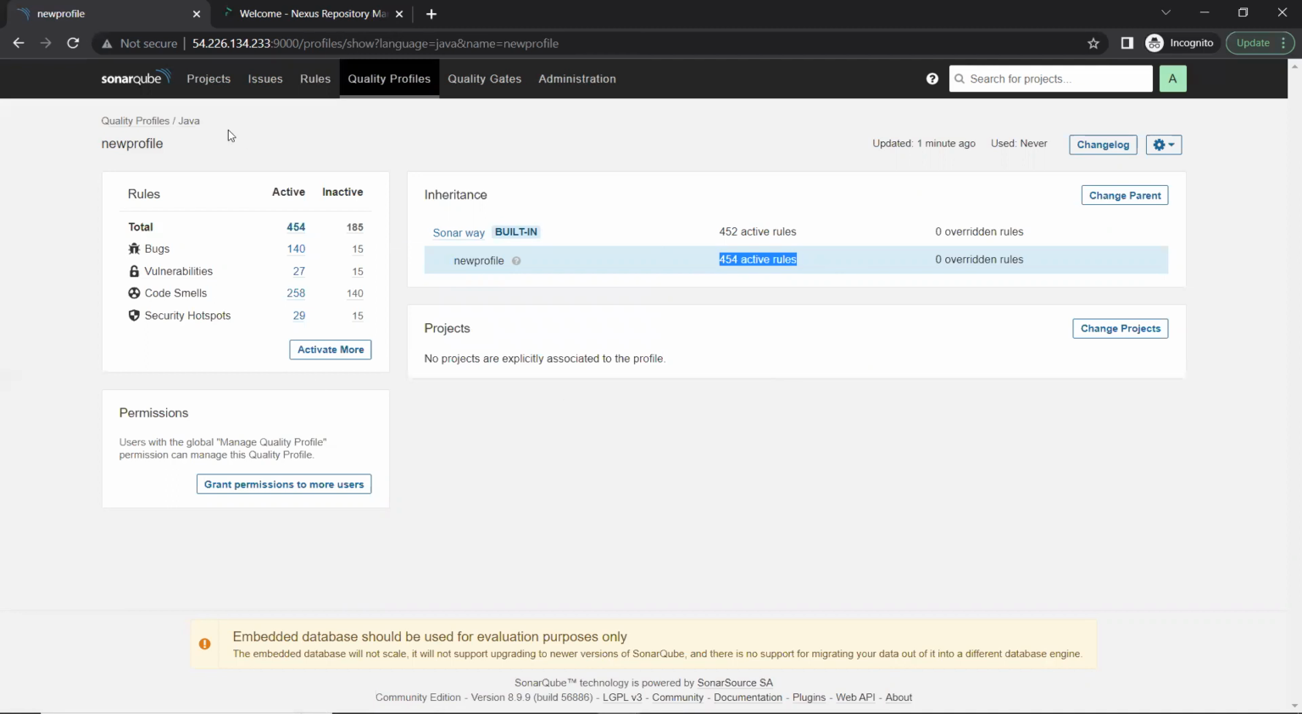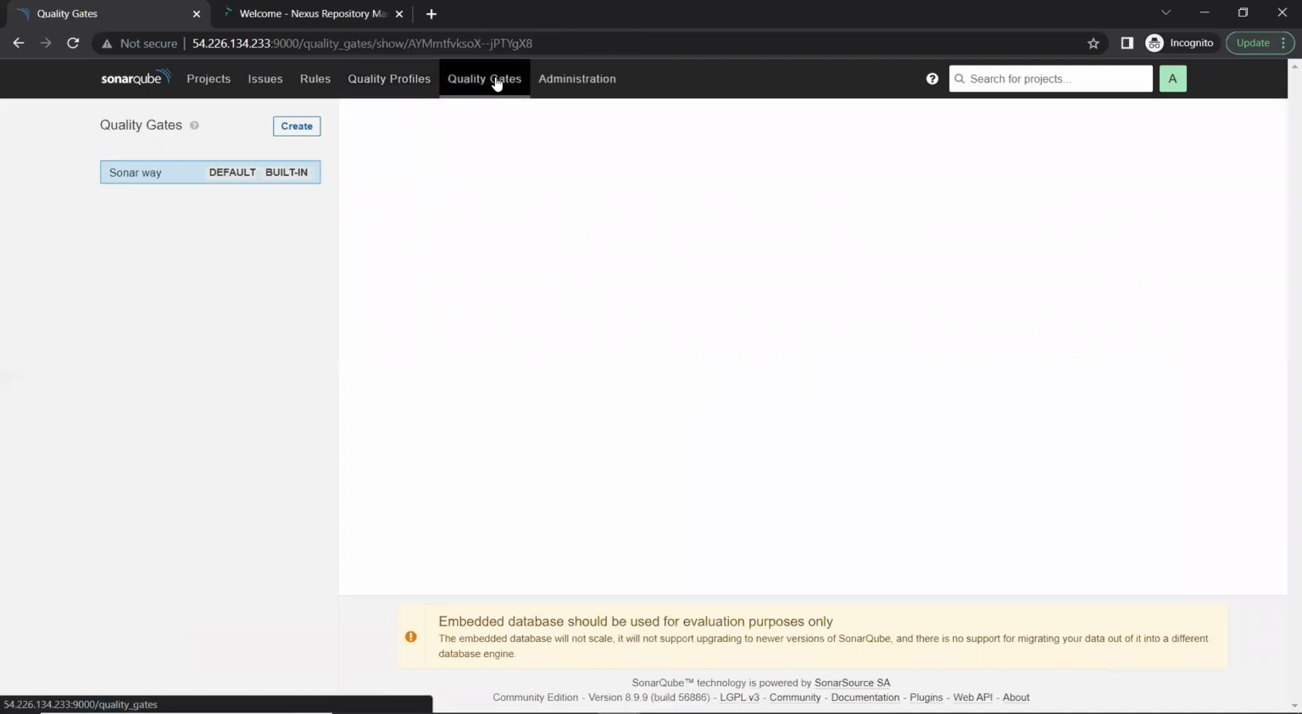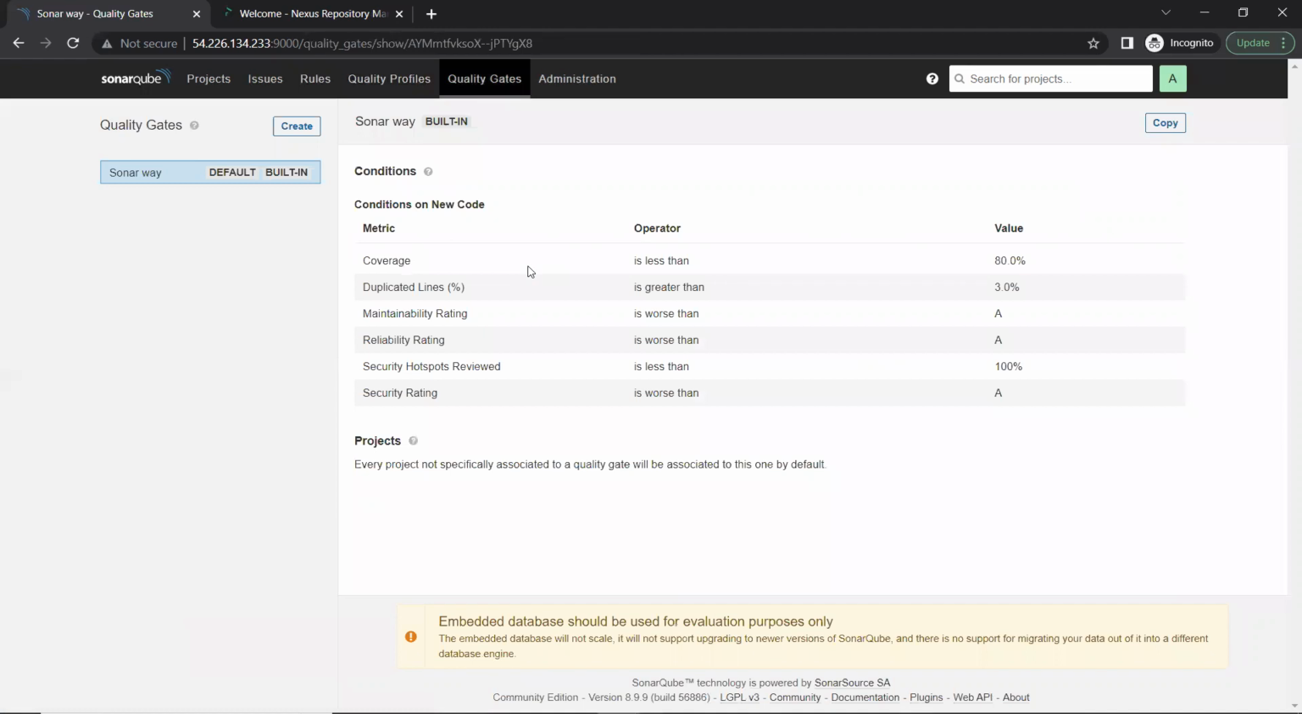Okay, now coming to quality gates. Now quality gate is, like as per the name, what is a gate? Gate will allow people to come in. Okay, so that is what the gate is for, right? So you can have a quality gate. Quality gate will tell your project that your project is having